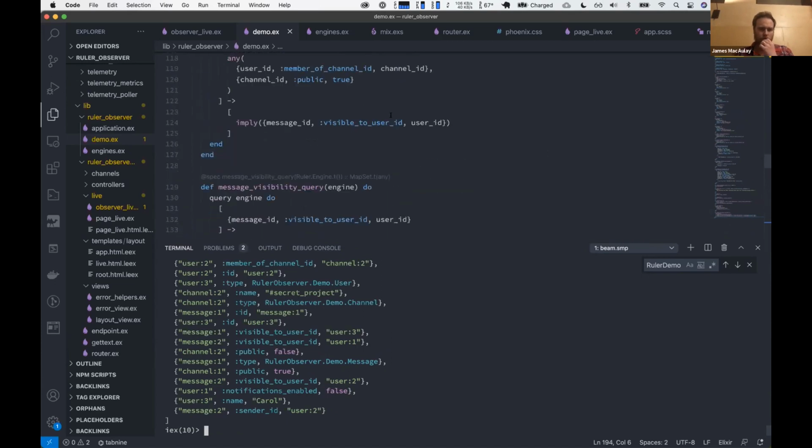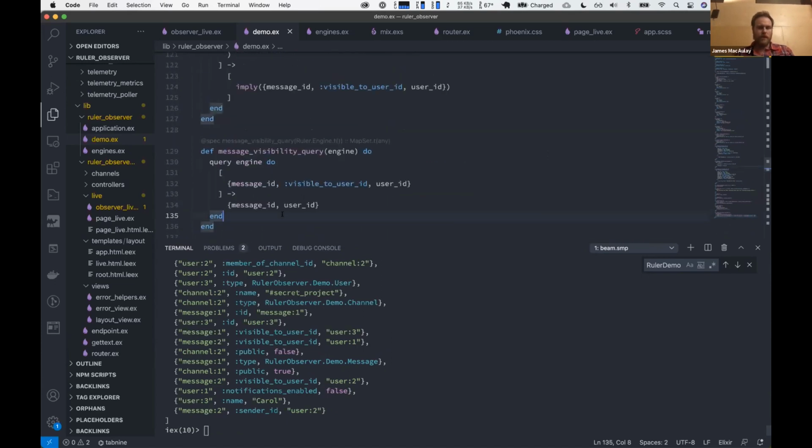And I mentioned that you can issue queries. This is another thing that's nice about the immutable data structures, the way that I implemented this query syntax. It's a macro again, and it's using the same kind of pattern matching syntax. And if I do this on the engine,